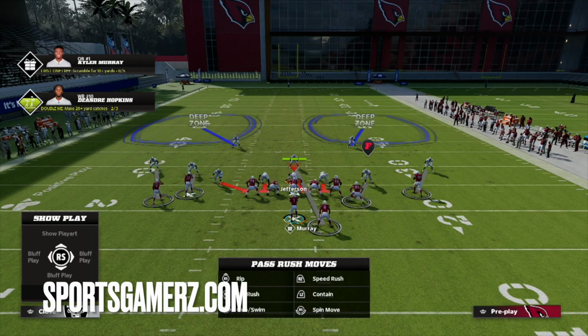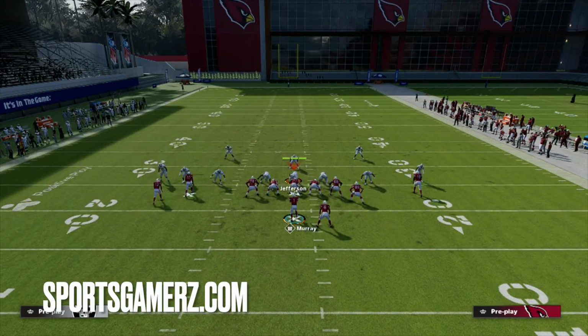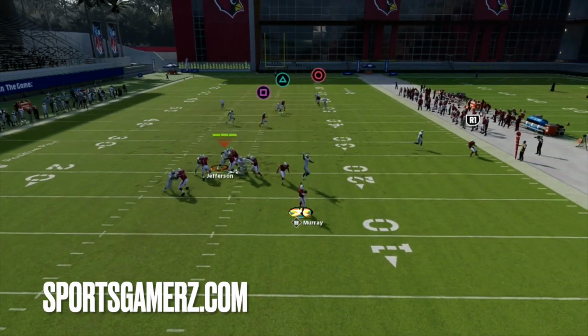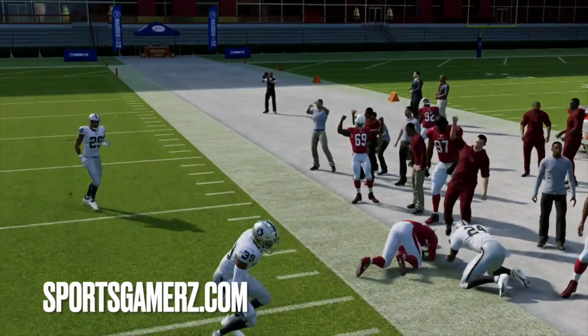All right, so let's go ahead and switch up to man coverage now. One of the nice things about this route is it still kills man coverage. It's going to get wide open against man. And the other thing about this play is the running back and the in route still beat man coverage too. So you have 3 solid man beaters,